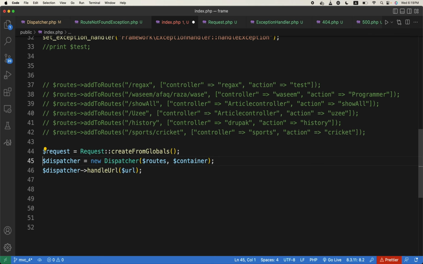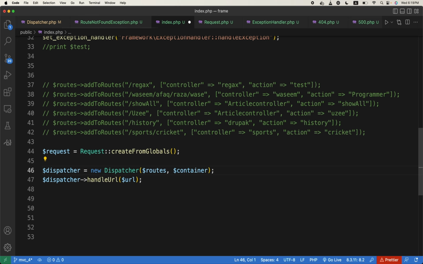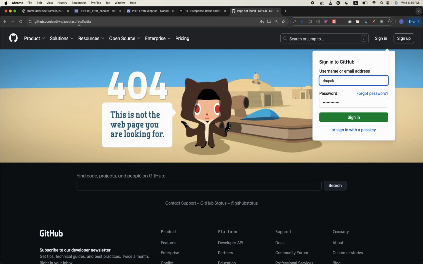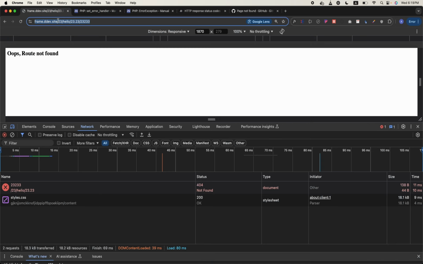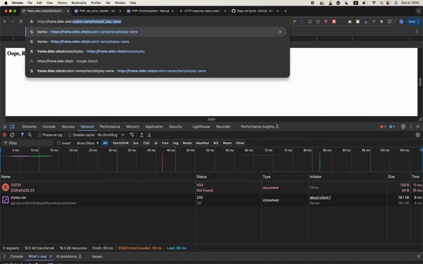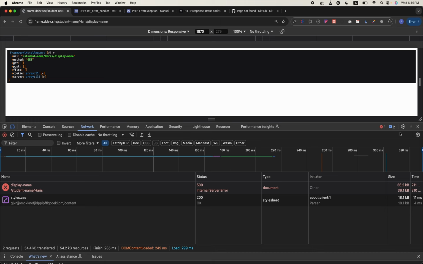Okay, so if I dump it now, maybe dd request, and refresh the page, where were we? This one. Do you have any working URL? Student, which one? This second one? Okay, this one. So if I zoom it in,